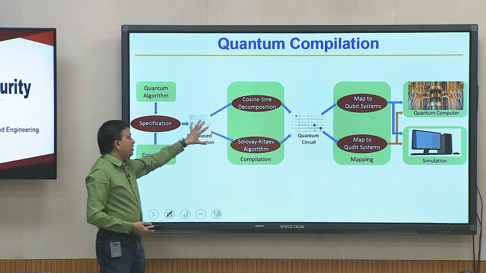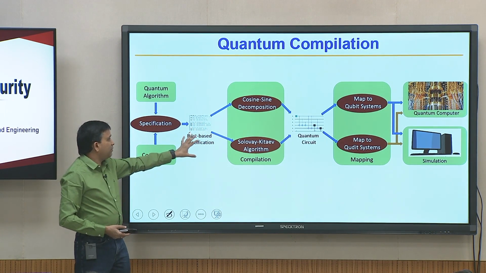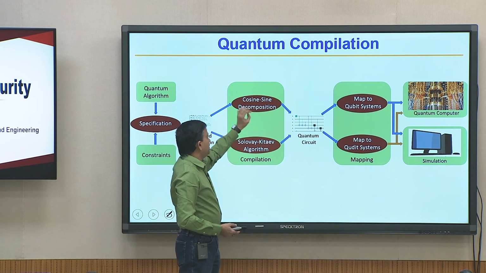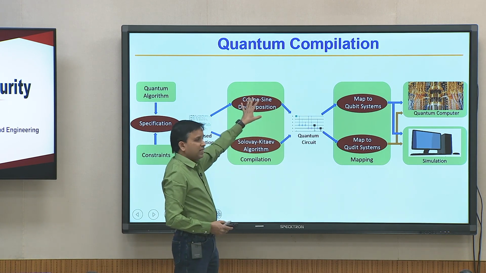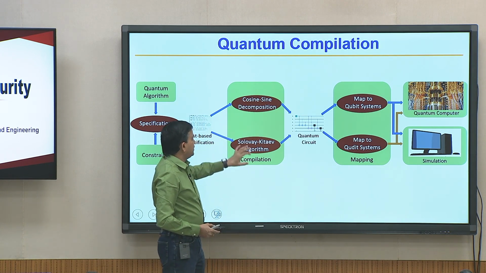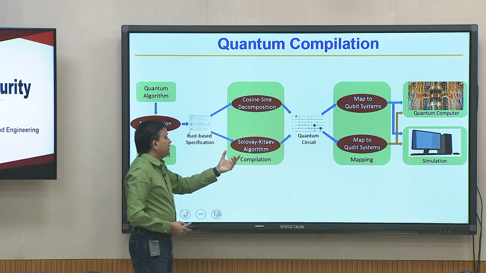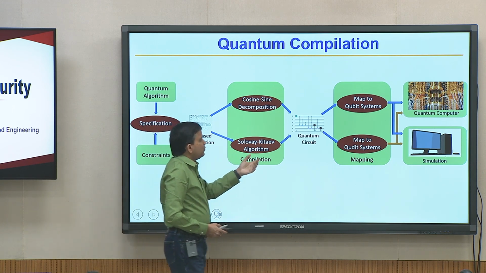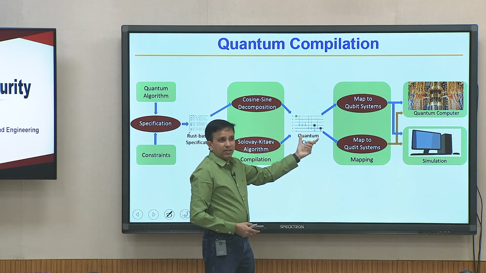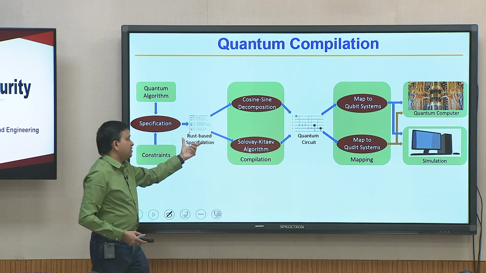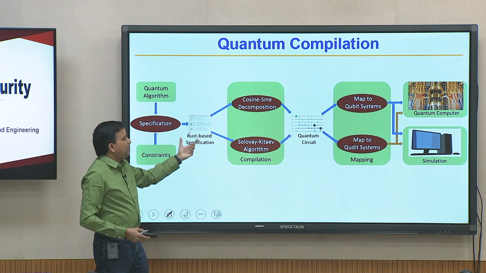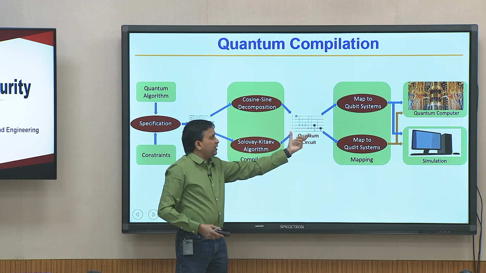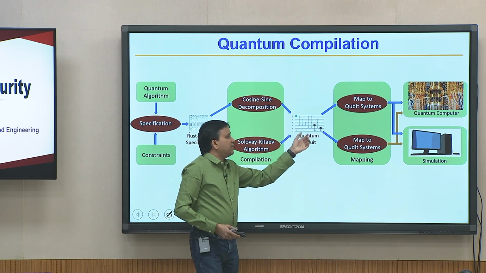We use a language called Rust, but you can use whatever your favorite language is, you can use Python. For the typical synthesis problem there are many approaches, but these two are widely used. If you want a heuristic algorithm, there is cosine sine decomposition; if you want something close to optimal, there is the Solovay-Kitaev algorithm. Once you do that, it is going to produce a quantum circuit. By analogy, you start with a C or SystemC program, and then you get an assembly or RTL or gate-level netlist. Once you have a gate-level netlist, then we do layout.